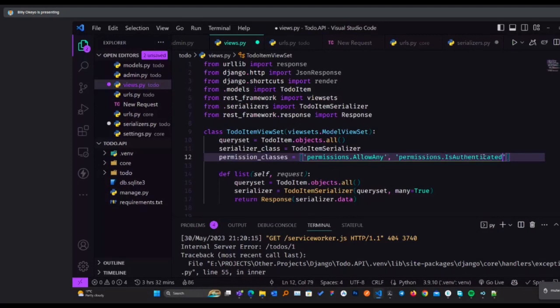If I choose IsAuthenticated, this means that for anyone to hit this endpoint, they must be authenticated within the system. How I'll handle authentication is when I introduce the bit of token. There are several libraries that you can use to do that. But it's something that you have to implement. Django doesn't come with it pre-configured. But what it comes with is this authenticated bit.